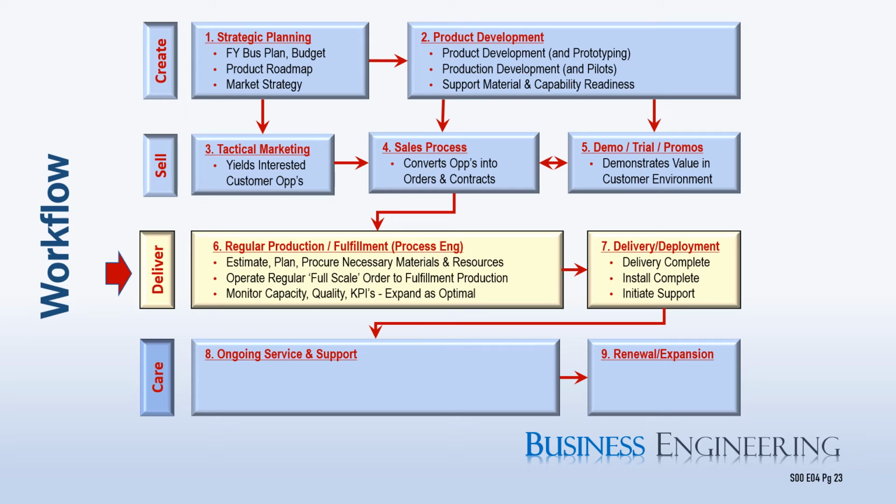This is the chain of events very interrelated to the external supply chain, which estimates and appropriates the necessary materials and resources to produce the product and fulfill the order. In some cases, the product requires further handling to complete that order. This may be on-site delivery, installation work, or related deployment activities to bring the order to completion. Once the order is fulfilled, installed, commissioned, and complete, the job of box 7 is complete. The final step of box 7 is to activate and initiate regular ongoing customer support.